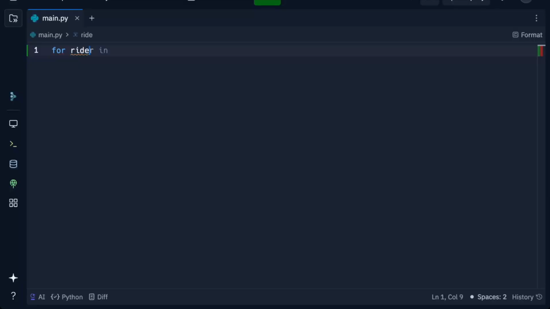So we're going to say for ride. Let's assume that ride is the ticket or the ride that we're actually going to do. And we're going to do that inside of a range of, let's go with 5 times. So we're going to set our ride limit to 5. And we will use a colon here, which means anything that's happening below, as long as it's tabbed over, this section here that's tabbed over or indented, as long as it's indented, it will happen every single time until that limit is reached. So for the ride in range 5, we're going to print out,